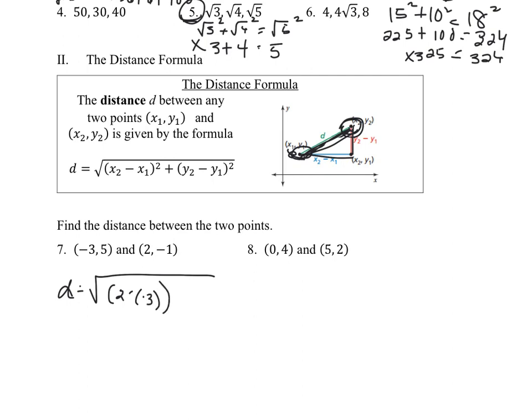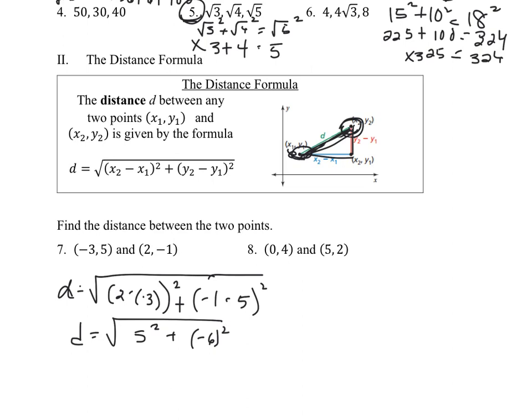Okay, that quantity squared plus y sub 2, which is negative 1, minus y sub 1, which is 5, that quantity squared. So the distance between these 2 points on a coordinate plane, we can use this formula. So d is going to equal the square root of, so 2 minus negative 3 is 5 squared, plus negative 1 minus 5 is negative 6